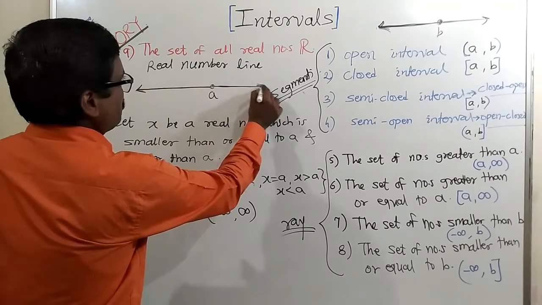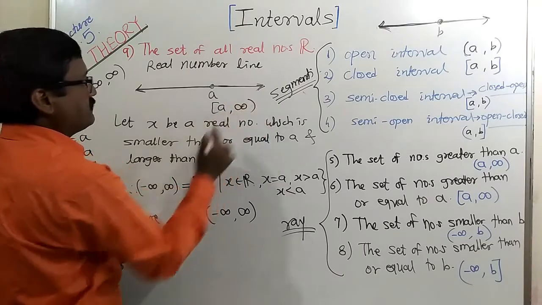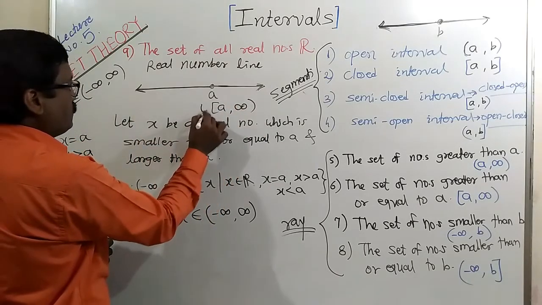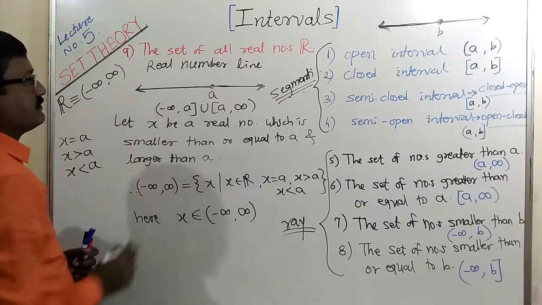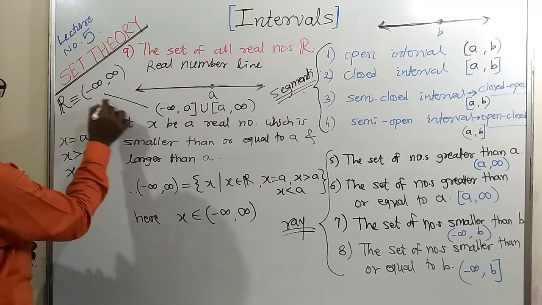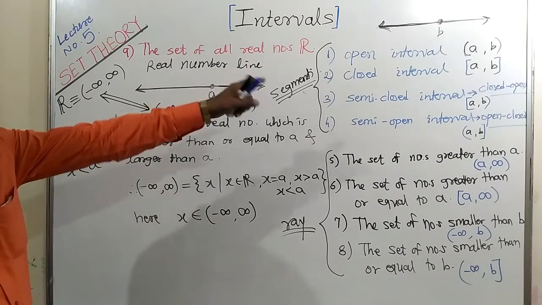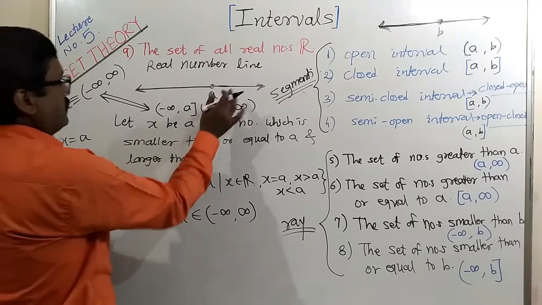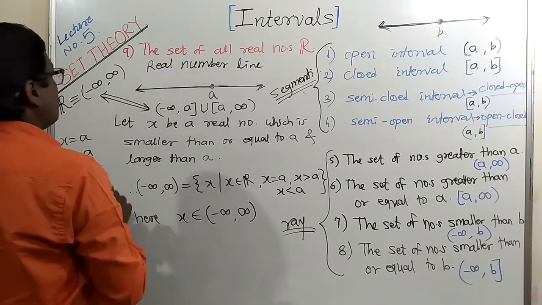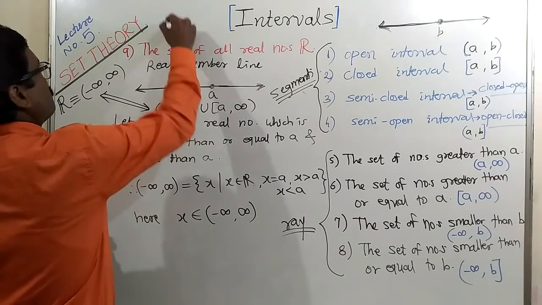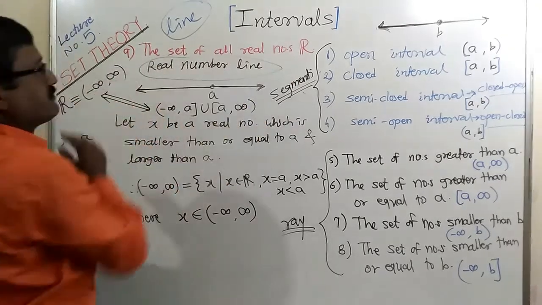The first one is this, close a to open infinity, and the second ray, union, is once again close a and negative infinity. This is nothing but the same. This minus infinity to infinity means minus infinity to a or a to infinity. So this last set contains 2 opposite rays, and 2 opposite rays form a line. So this last set is a line, and that is the real line. We call it the real number line.